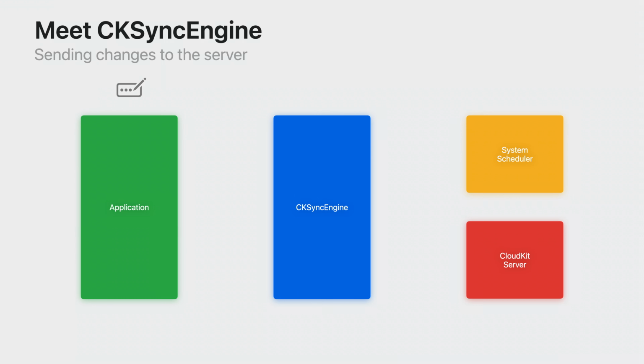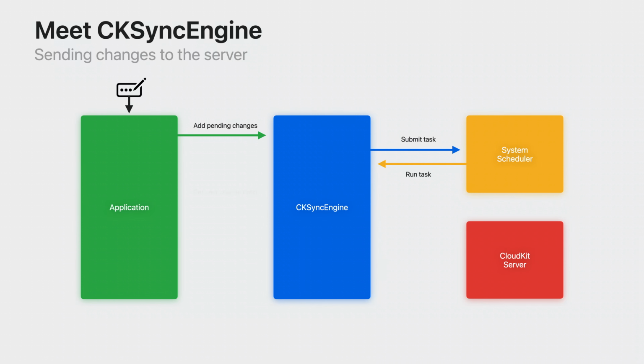More specifically, what does it look like when the sync engine sends changes to the server? First, someone makes a modification to the data. Maybe they typed something, or they flipped a switch, or deleted an object. Then, your app tells the sync engine that there's a pending change to send to the server. This lets the sync engine know that it has work to do. Next, the sync engine submits a task to the scheduler. Once the device is ready, the scheduler runs the task. When the task runs, the sync engine starts the process of sending changes to the server.